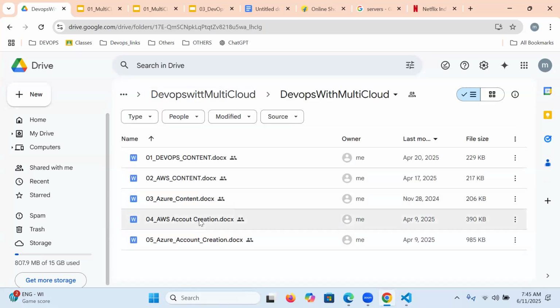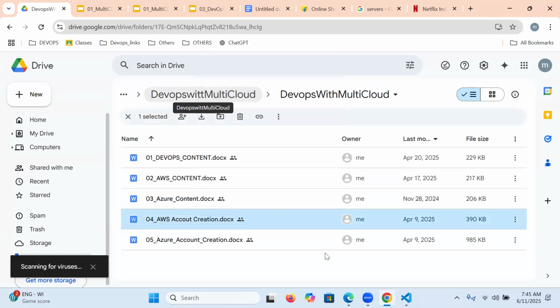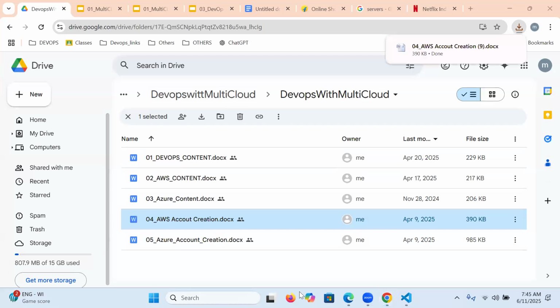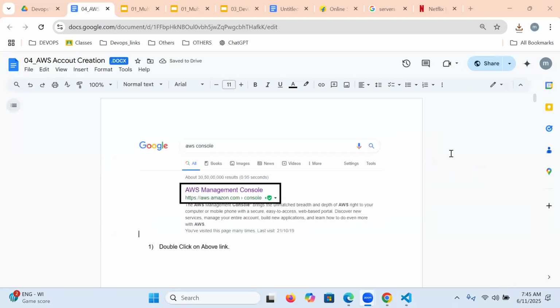This is exactly the AWS account creation document. Each and every student can get this. Can you try to open this document? By following it, you can create an AWS account.